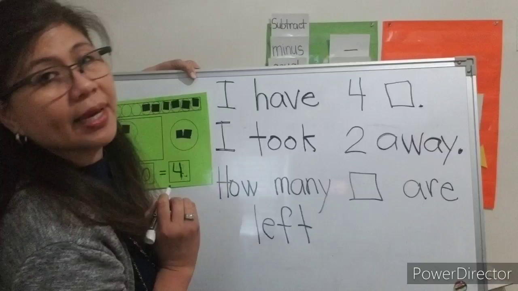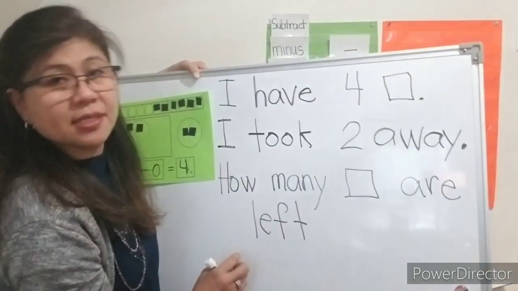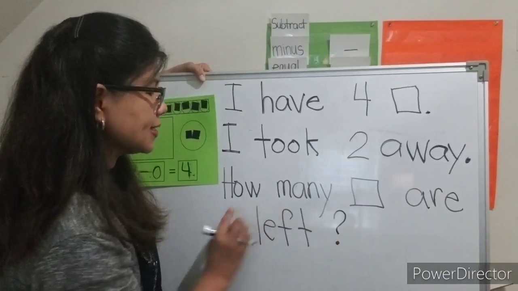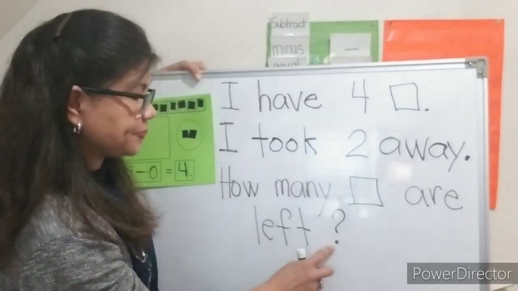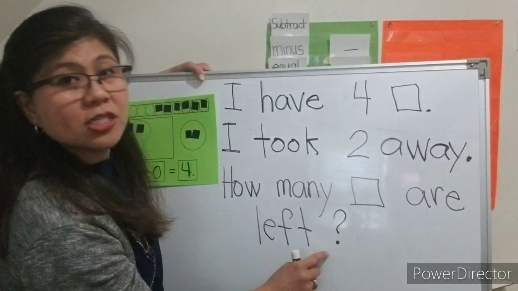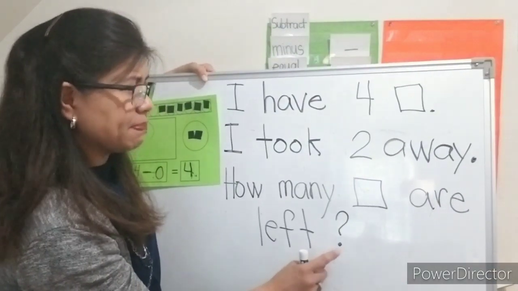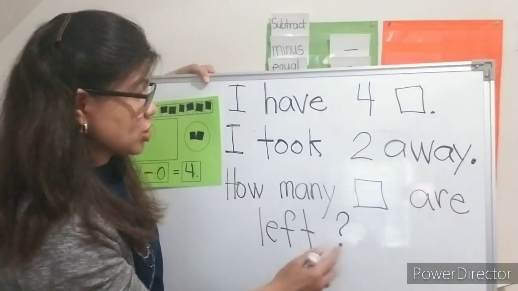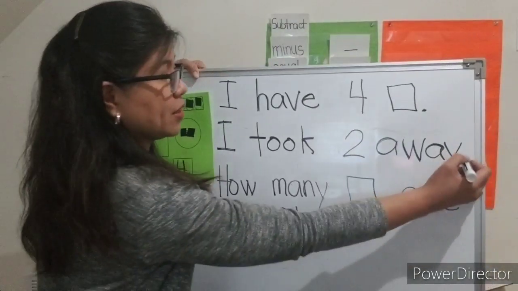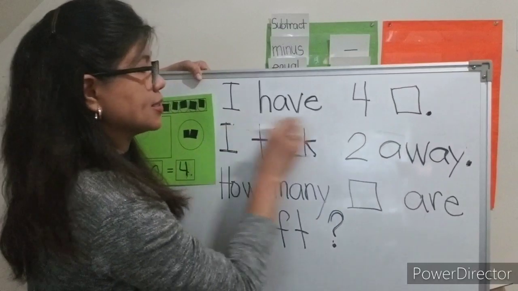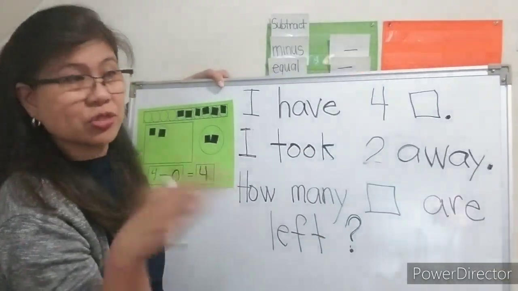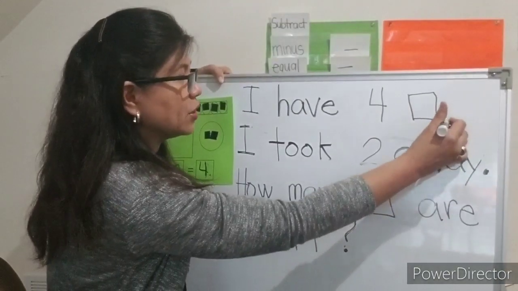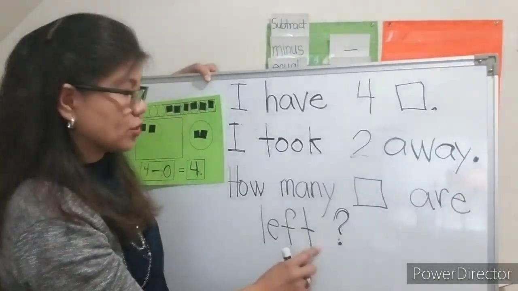Okay, and how will I end my sentence here? What punctuation mark do I need? I need the question mark because this is an asking sentence. Remember? We always end our sentence with a punctuation. This is a question mark, but I have a period here and a period here because these are just telling sentences, you're just saying something, okay? So we just have to end them with a period, but the third sentence needs to end with a question